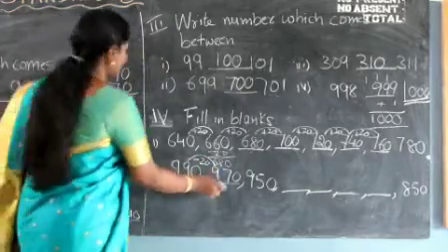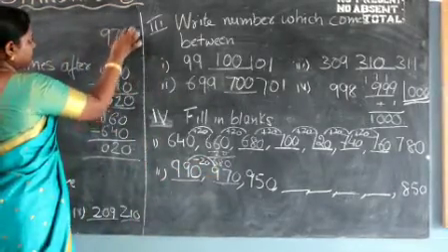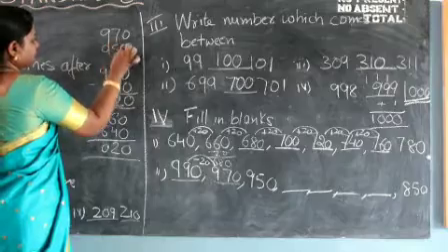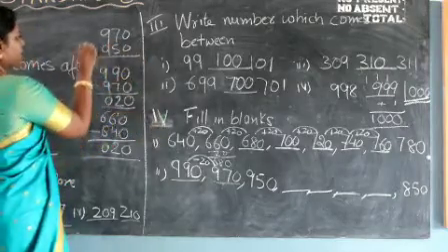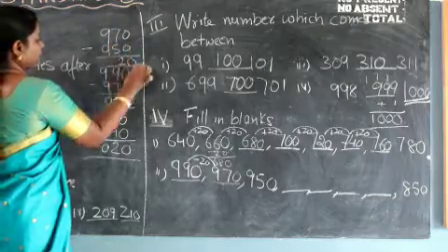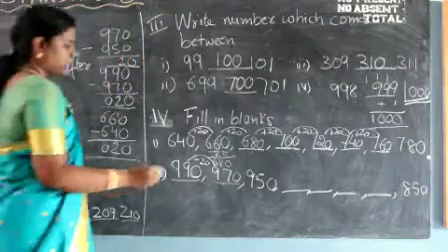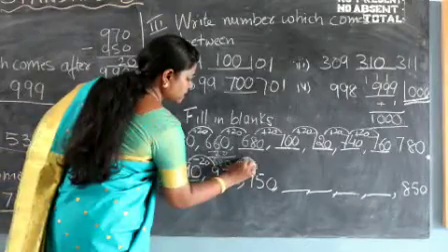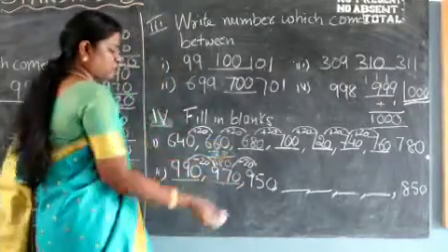Okay? Now let us see again. Let us take 970 and 950. We will subtract these two and check again if we are getting the same difference. 0 minus 0 is 0. 7 minus 5 is 2 again. Okay? So here also our difference is 20. So from here to here also it is minus 20. So the same we are going to do in the next step.